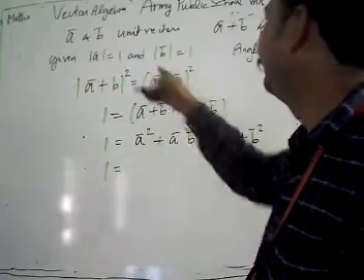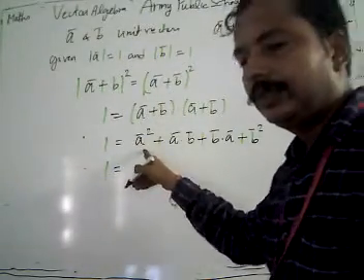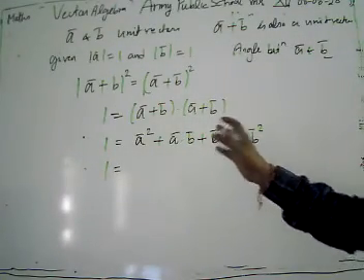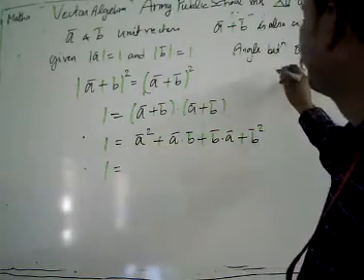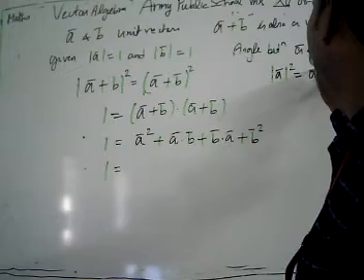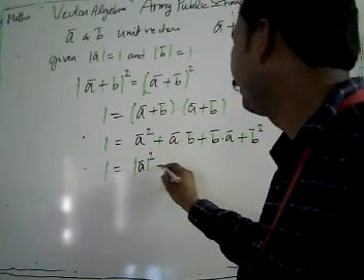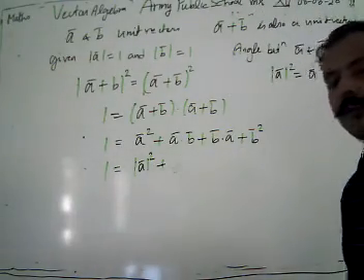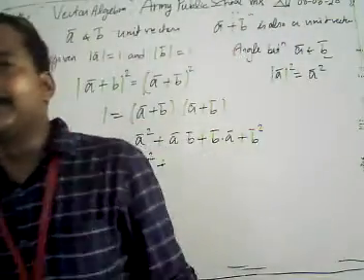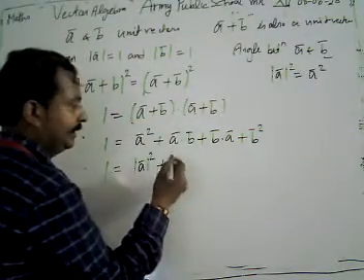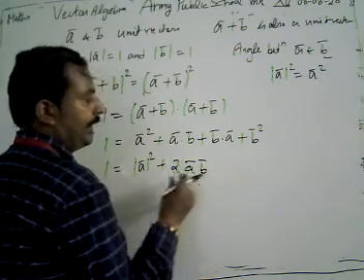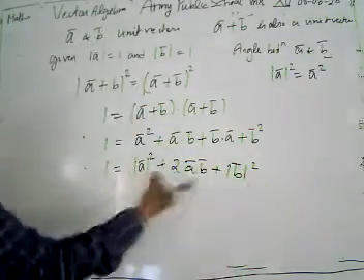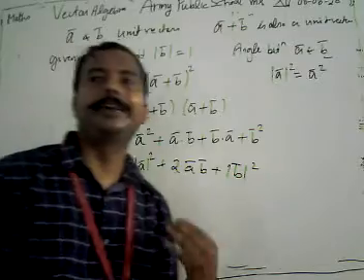1 is equal to, again a and b both are unit vectors, so we can also convert to the magnitude of a. We get here a square plus a square. We have used the concept that in the properties, the dot product of vectors a and b is commutative. Then it can be written as 2 times a dot b plus the magnitude of b square. Now look, it's given that vector a and vector b are both unit vectors.